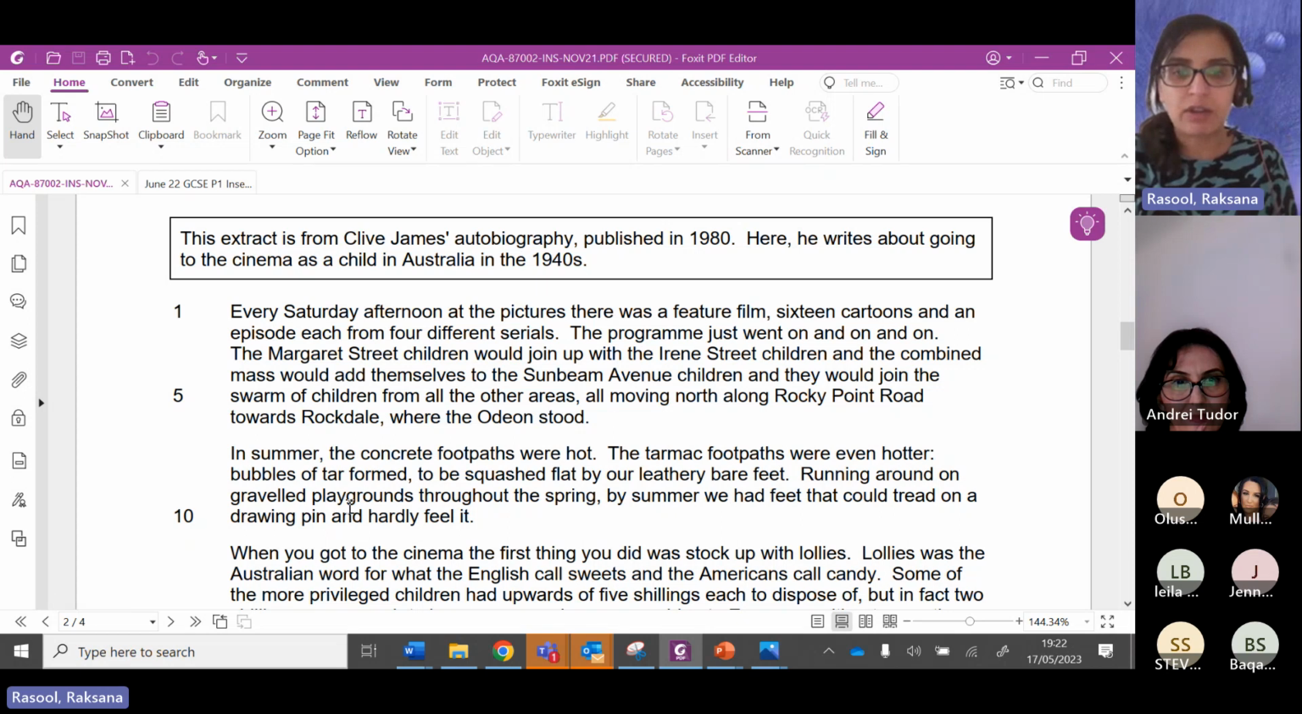Running around on gravel playgrounds throughout the spring, by summer, we had feet that could tread on a drawing pin